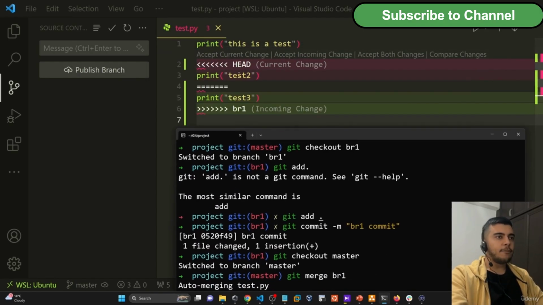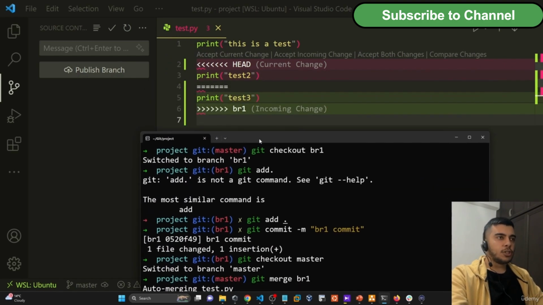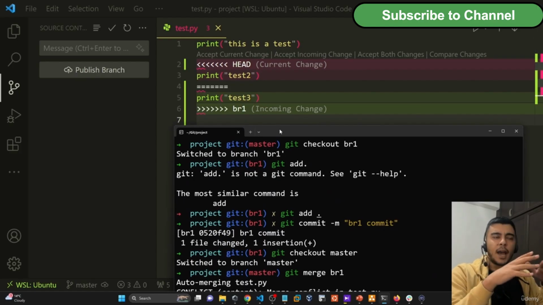If we didn't have VS Code, we had to do something about that manually. But fortunately, if we have VS Code, and I believe in PyCharm, definitely there has to be something like that. So you get the idea, right? When you have conflicting results or conflicting merges,